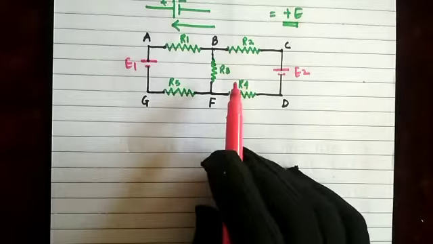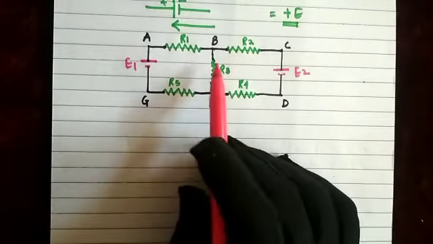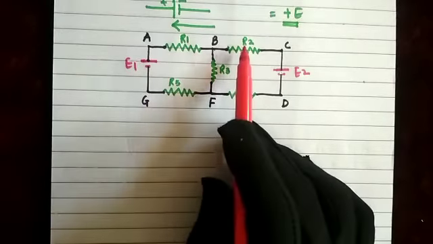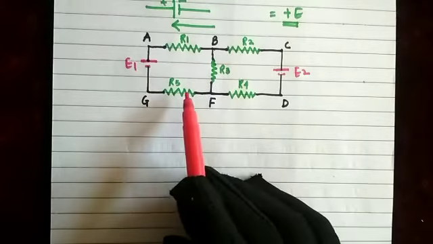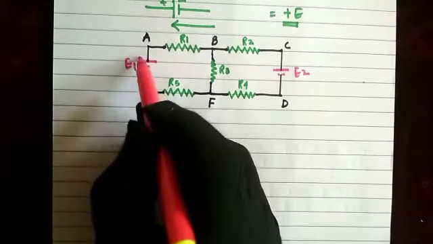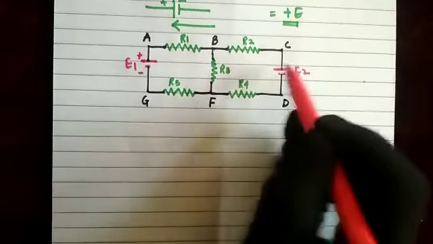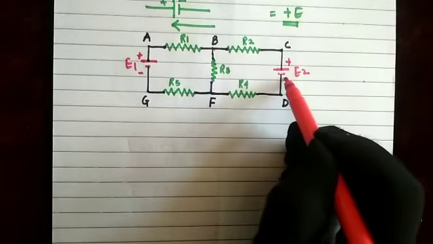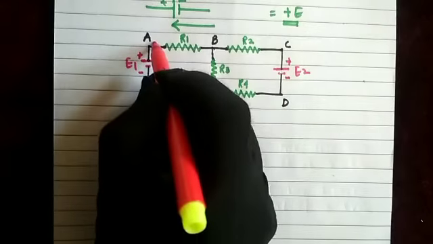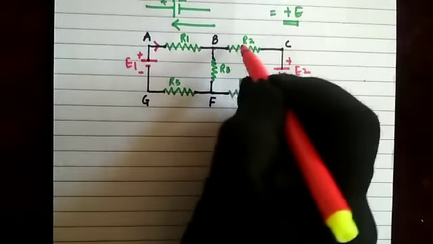So let's consider an electrical network where 5 resistances are connected. You can see the green R1, R2, R3, R4 and R5 with 2 batteries E1 and E2. This is the positive terminal, this will be the negative, this will be the positive, and the smaller line will be the negative. And the direction of the current flow across this resistance will be